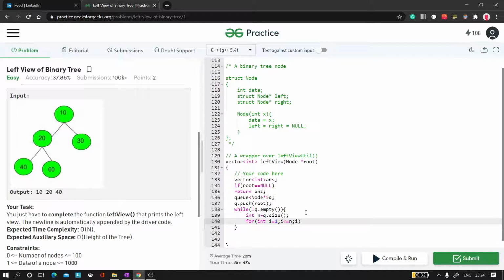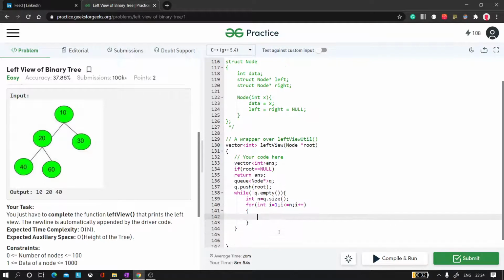Until the queue is empty, we are just going to do some work. The work which we are going to do is we store our front value in temp node, and we pop that node. Now after popping, let us say 1 is in the queue and you have popped it.